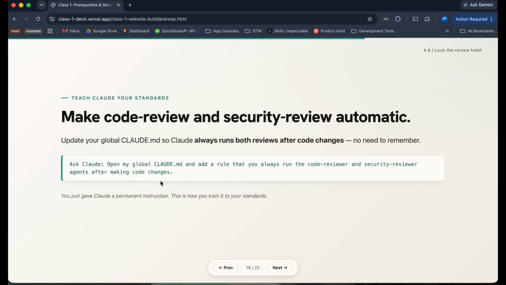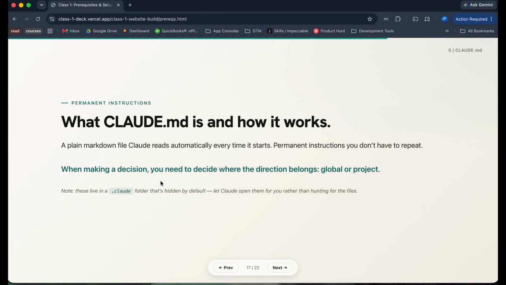So we're going to copy this prompt. And just to give you more context, a Claude MD is a set of directions for Claude. So basically, you can add any rule you want, you can add any set of directions you want, and Claude will almost always listen to them. So this is especially useful if it keeps making the same mistake over and over again. You can say, hey, add to your Claude MD to stop making this mistake, and this is how you fix it.